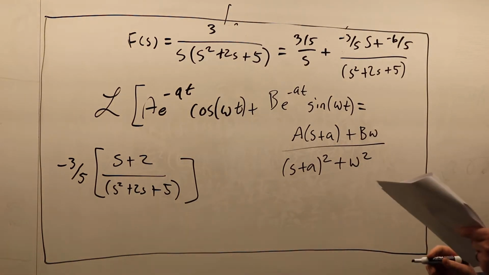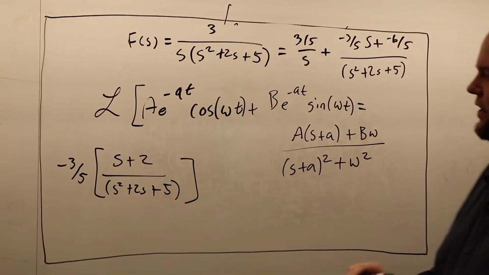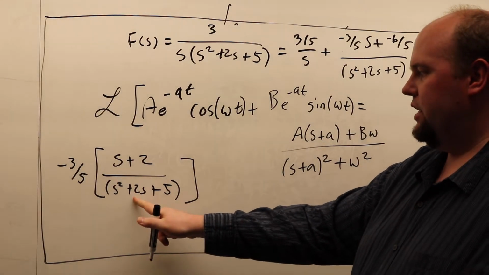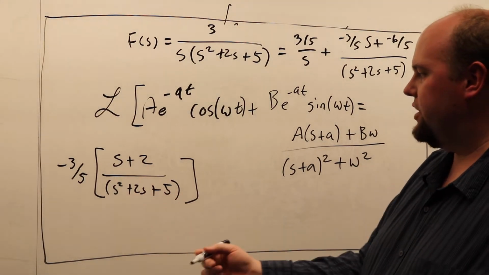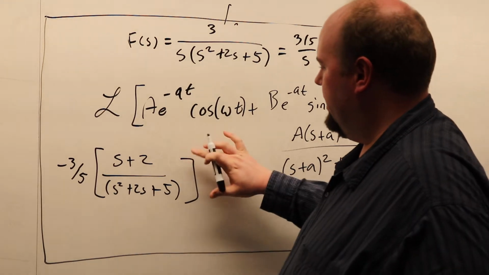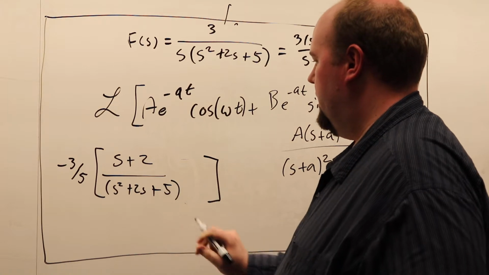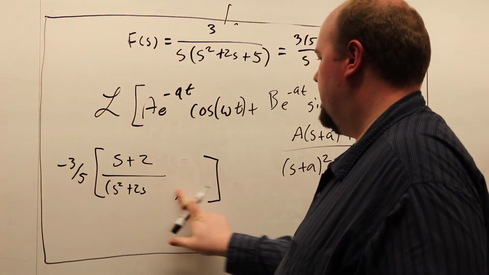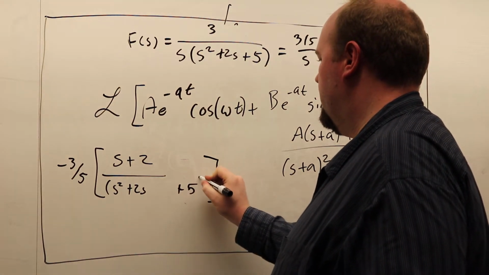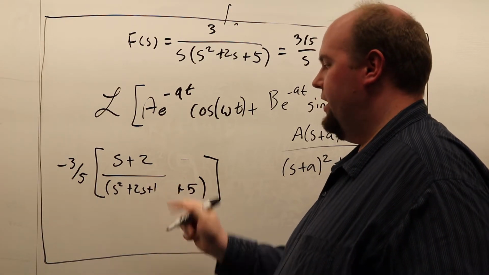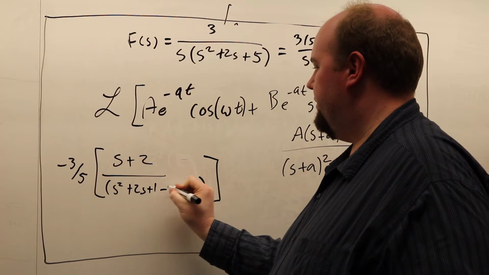So completing the squares, we're going to have b divided by 2 squared. So 2 divided by 2 is 1, squared is 1. So we're going to have to rewrite this denominator, so that's going to have to be a 1. So we're going to have plus 1. And then we can't just add a plus 1, so we're going to have to do a minus 1 over